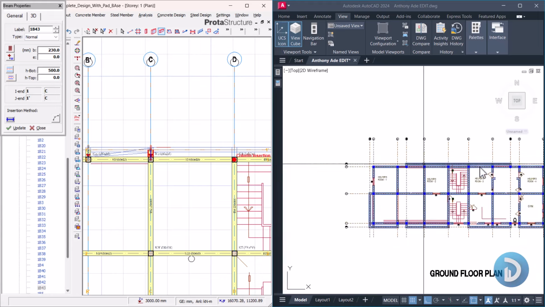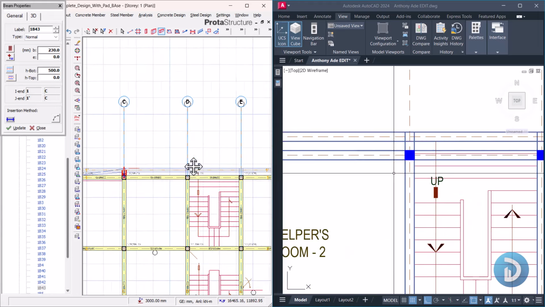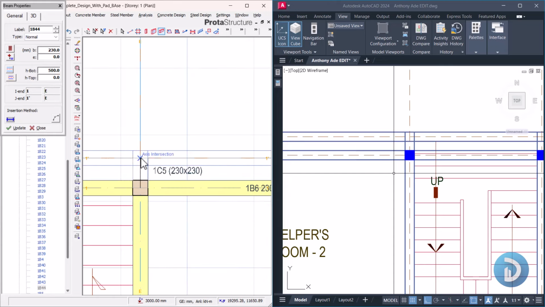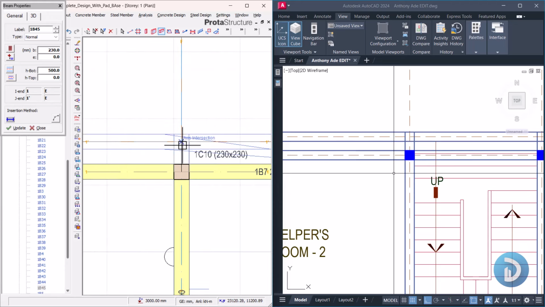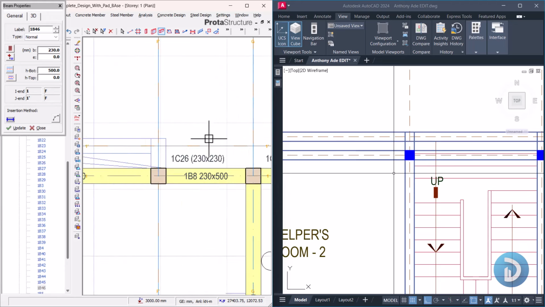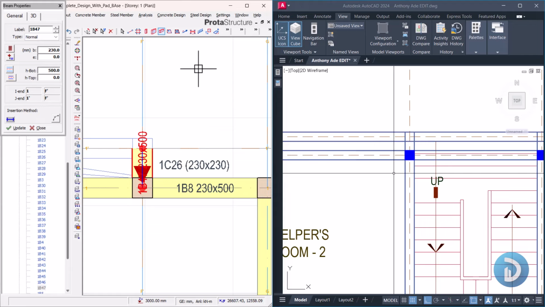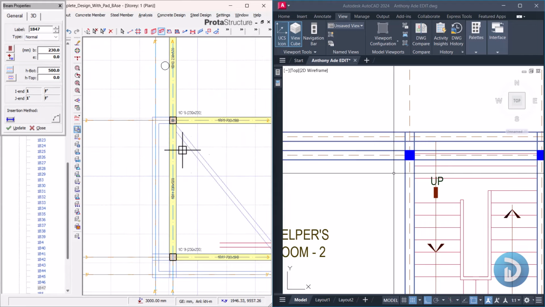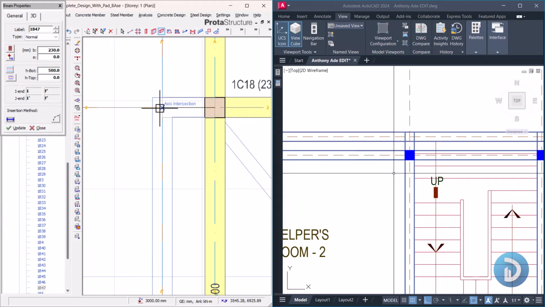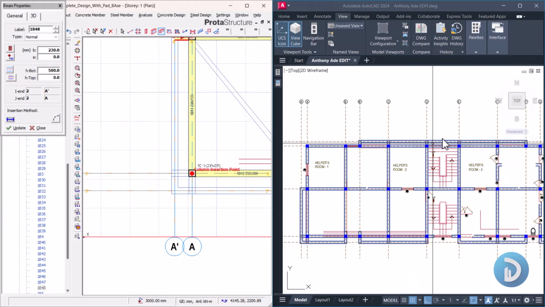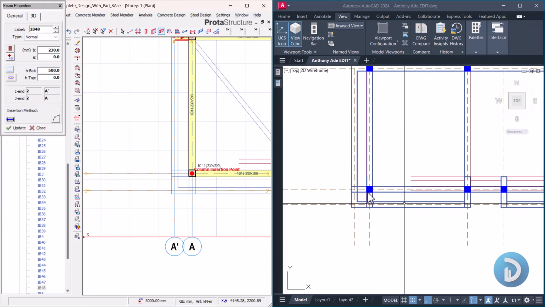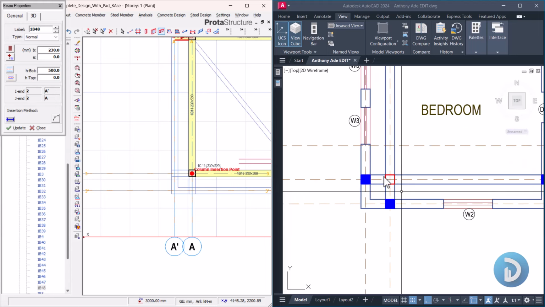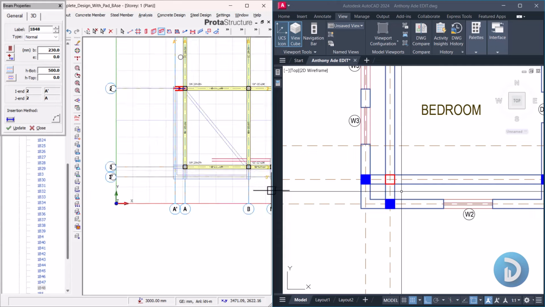On grid line D as well, which is here, we'll click from here to this part. We'll also do the same for here to here. And we have this last one on this grid as this. All right. So the next is we'll come here. Then we'll create this beam here, which we actually cantilever out and cantilever here in order to receive these two new columns. So we'll come back